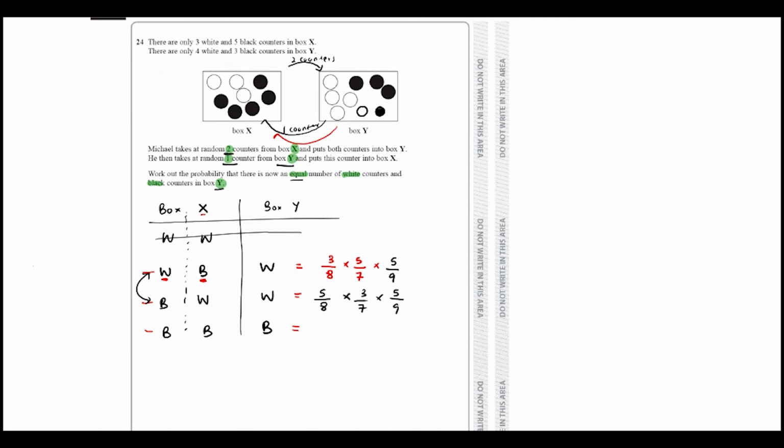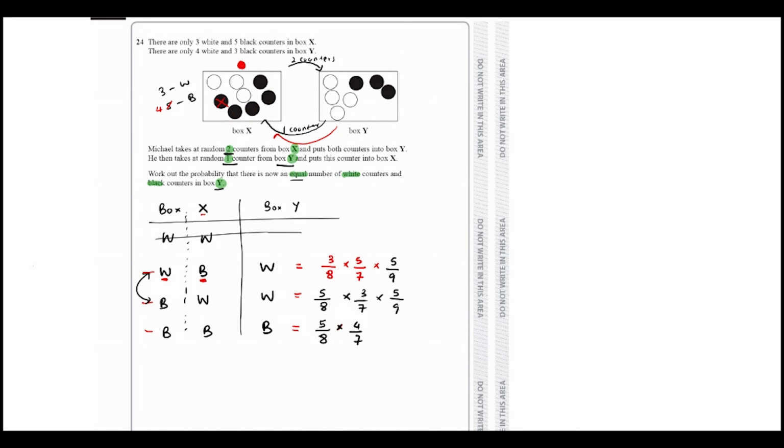Okay, so in the last path, we are going to take out 2 blacks. So we have 3 whites and 5 blacks. So the probability of taking the first black is 5 out of 8. So you will be taking the first black out. You only have 4 blacks remaining inside. So the probability of taking the next black is 4 chances out of 7, because now you have only 4 black counters remaining inside to choose the second black counter from. Okay, so 4 out of 7.